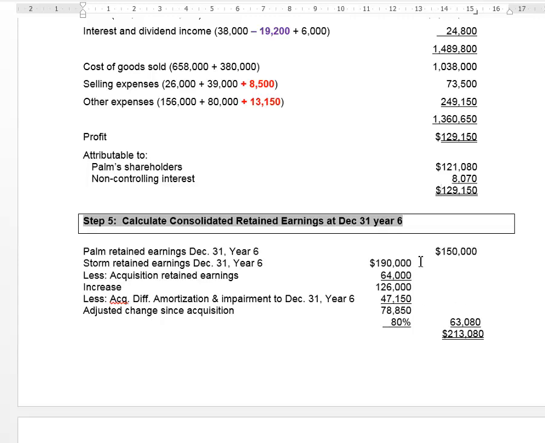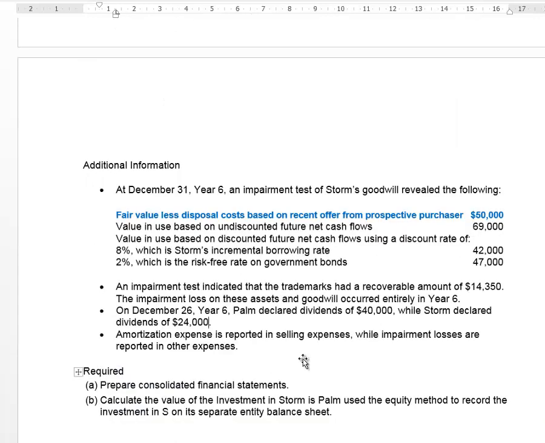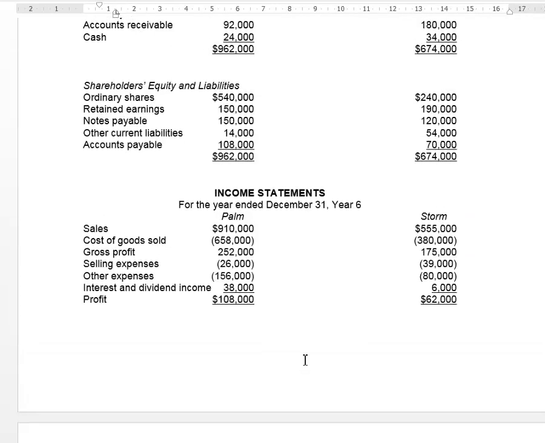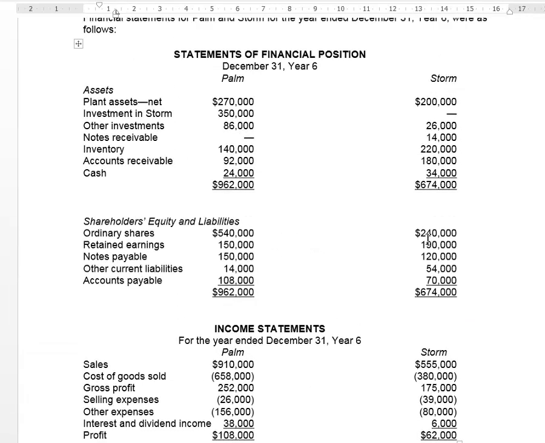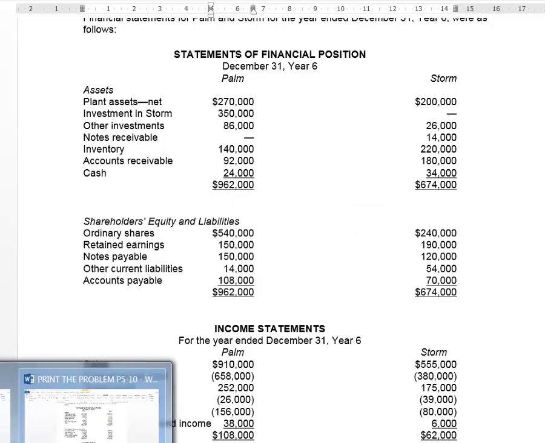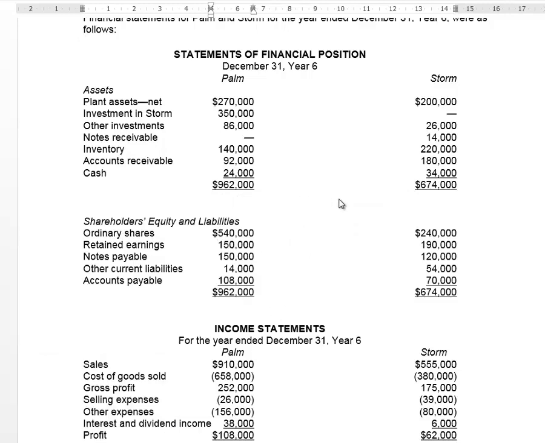So let's go back to the separate entity statements, where we're going to find that the retained earnings of POM at the end of year 6 are 150, and at the end of year 6 for Storm, the retained earnings are 190. Let's go back to the statements to make sure you know where to find that. Right? Go right here for Storm's retained earnings, 190, and POM's at 150. All right. So now if we go back to our problem